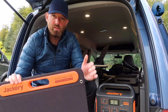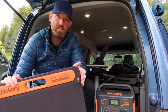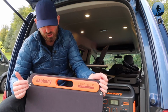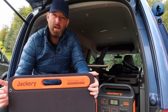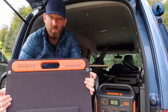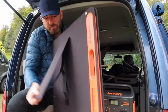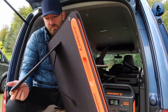When I plugged the power bank into the wall, I was getting 85 watt input. At the height of the summer, you might get 100 watt input in this. Obviously there might be a bit of loss through the cables, etc., but it will allow you to draw in a lot of power as long as the sun's out. Now, it comes with 2 kickstands, and that allows it to sit at the optimum 45-degree angle